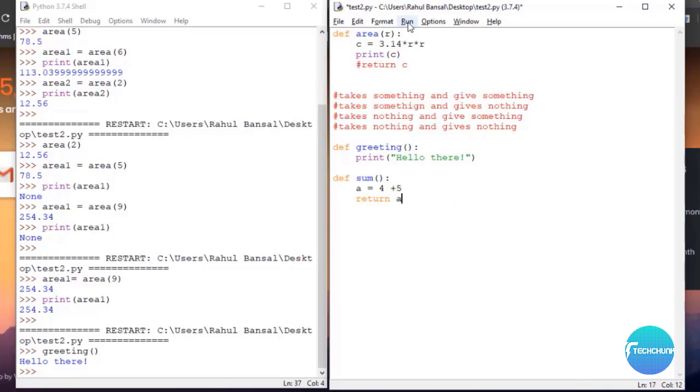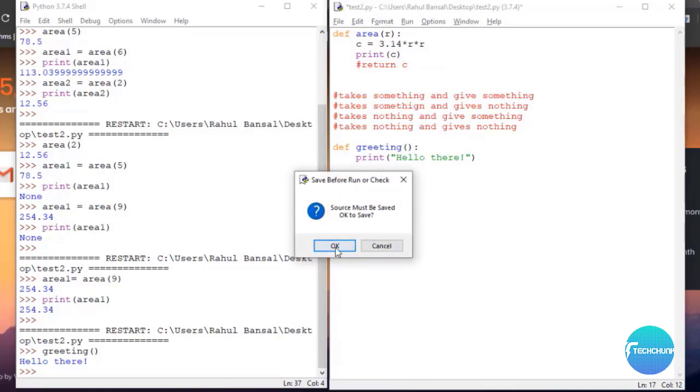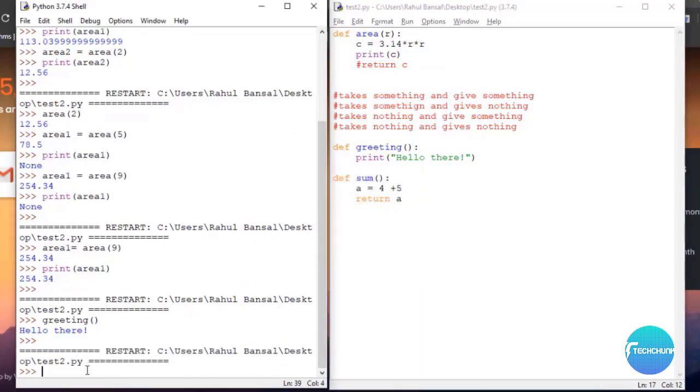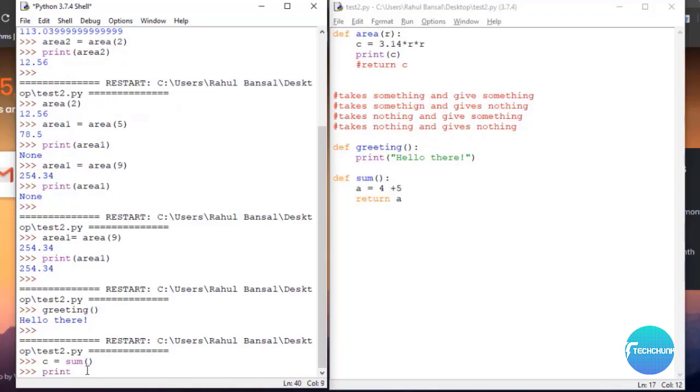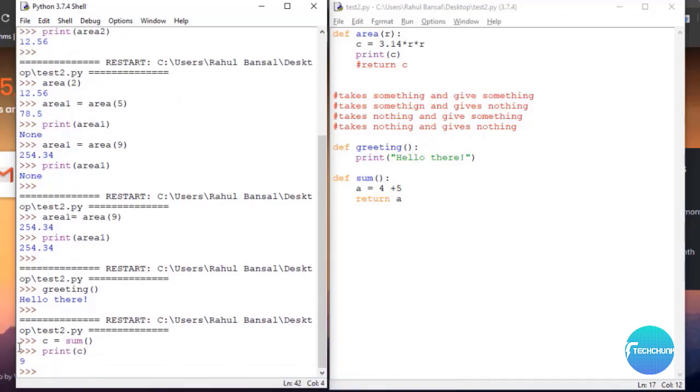Let me run this module, and we have a variable c here, calling our function sum, and when we print c, we get 9. So now this function comes under the third category. See here, it is taking no parameter, so it takes nothing, but it is returning us a value, so it gives something, that is 4 plus 5, 9. It is returning us 9, a value which we can also assign to some variable.